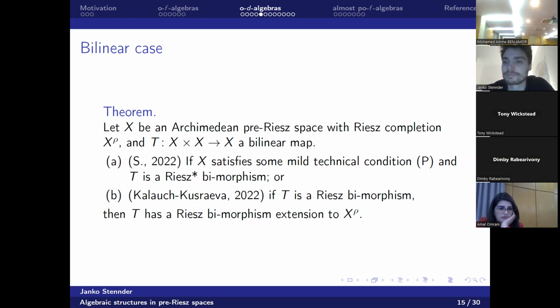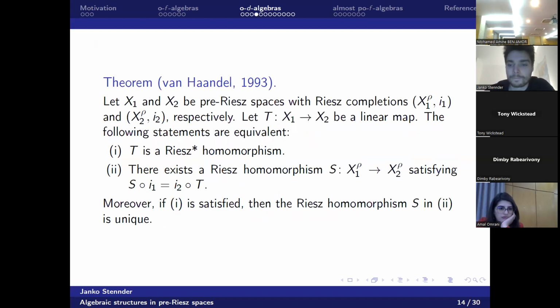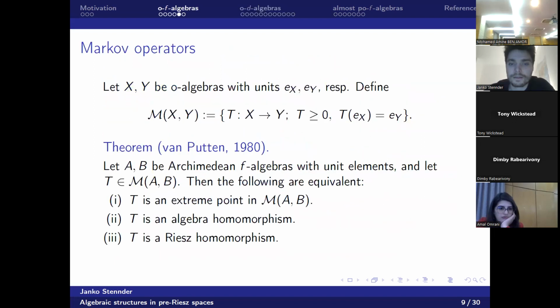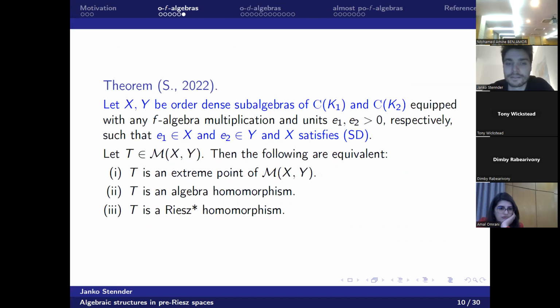Thank you for the talk. I have two questions. The first is the connection between algebra homomorphism and Riesz star homomorphism in the case of an order F-algebra with unit element. The second is what about the nilpotent elements in the F-algebra? If we take the quotient by the nilpotent elements, do we get some structure of a semi-prime